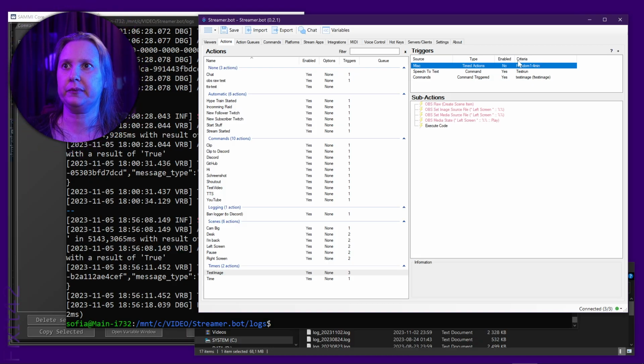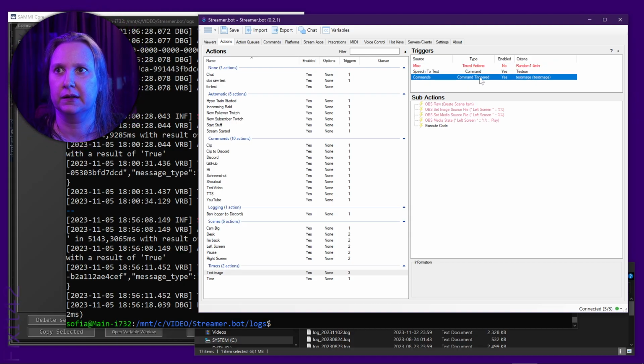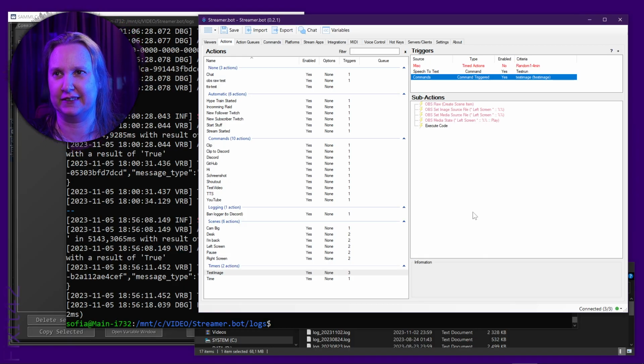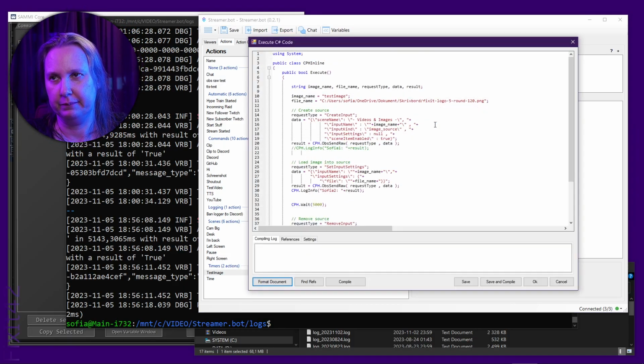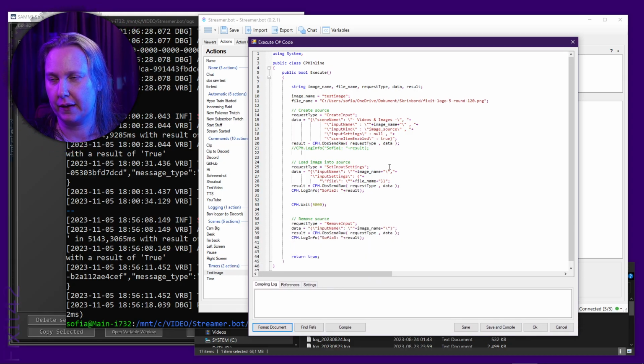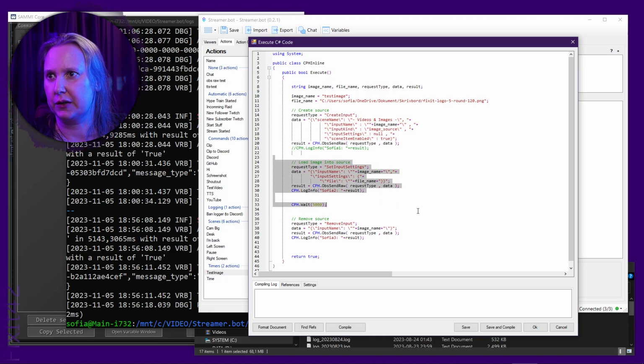So yeah, you don't know if you actually said it and it heard it, so I did this instead. And this is the code. And this worked. It created the image. And this didn't work, but